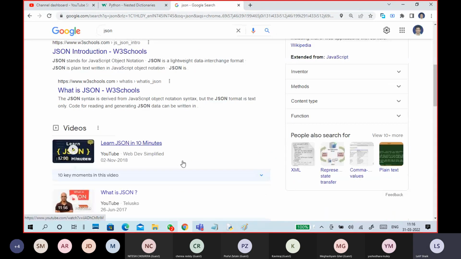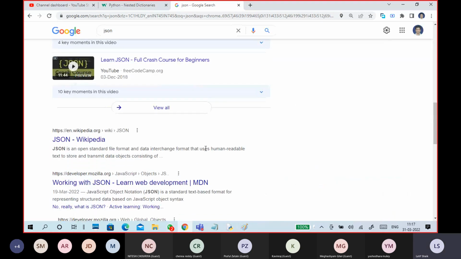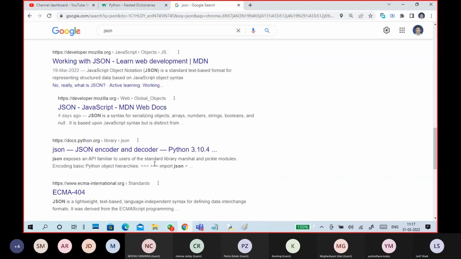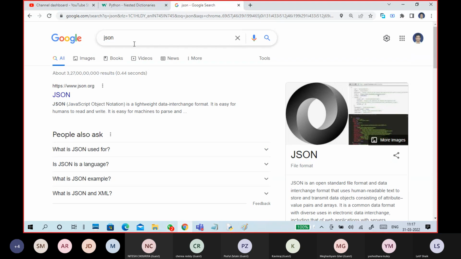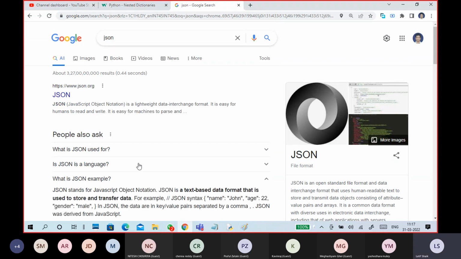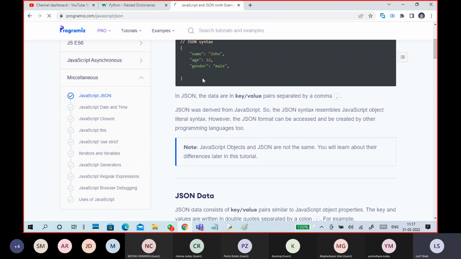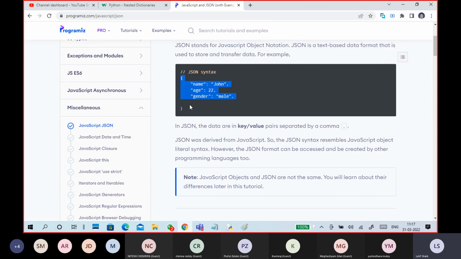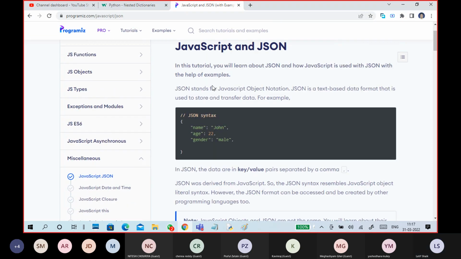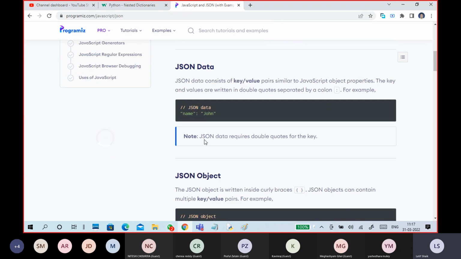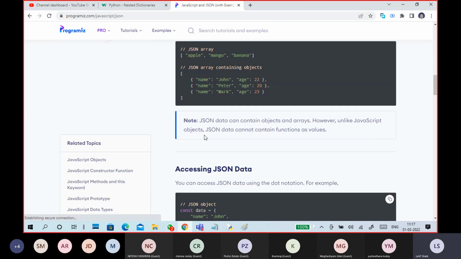Here are some examples of JSON. See, JSON scripts are the same thing, dictionary only. See, it is given under key value pairs only.